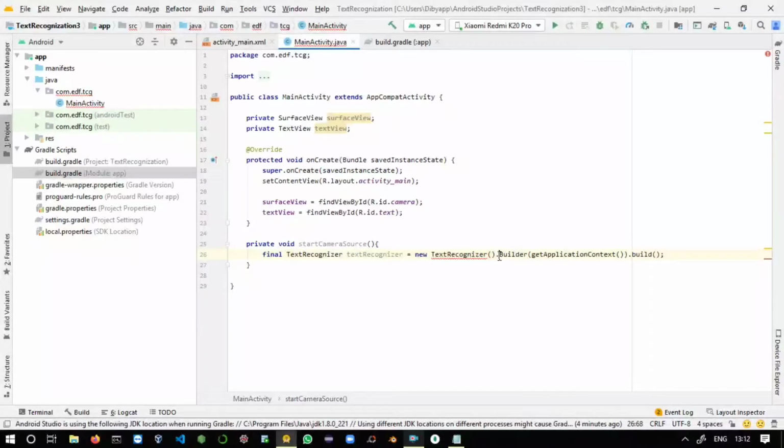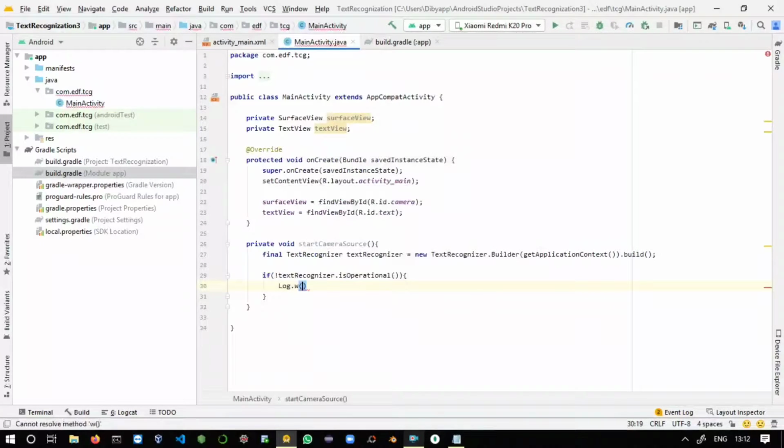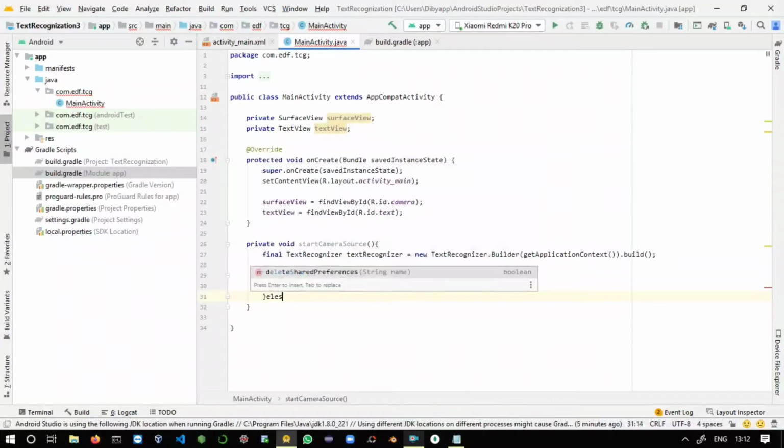Just say build here. Delete these braces. Here you can say if !textRecognizer.isOperational, then Log.w with the tag, detector dependencies not loaded yet.